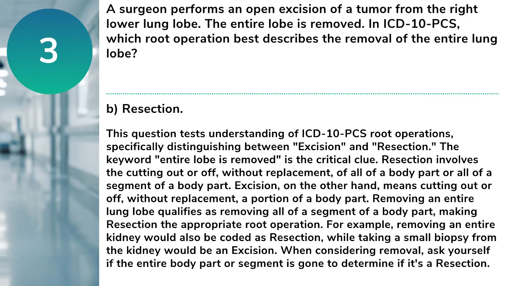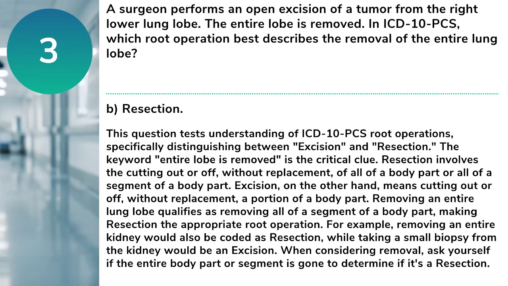Answer: B. Resection. This question tests understanding of ICD-10-PCS root operations, specifically distinguishing between excision and resection. The keyword entire lobe is removed is the critical clue. Resection involves the cutting out or off, without replacement, of all of a body part or all of a segment of a body part. Excision, on the other hand, means cutting out or off, without replacement, a portion of a body part. Removing an entire lung lobe qualifies as removing all of a segment of a body part, making resection